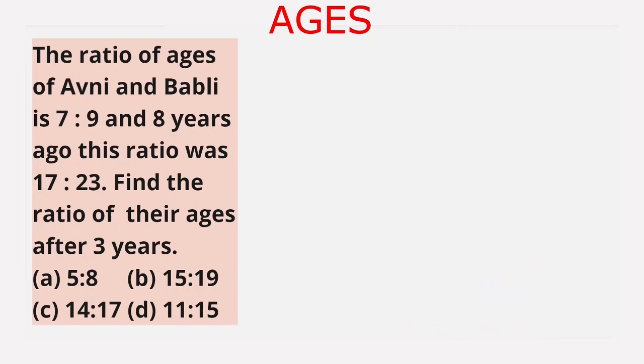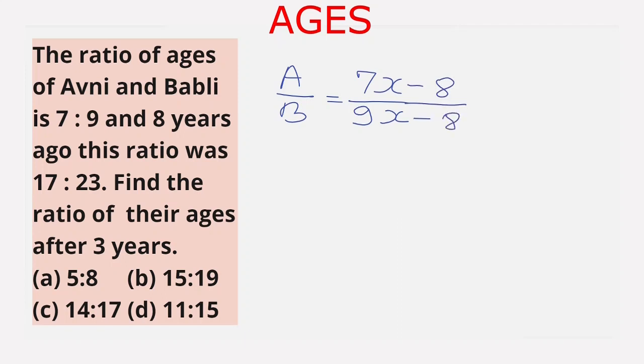It is given that the ratio of ages of Avani and Bubbly is 7:9. So we write Avani ratio Bubbly, that is A for Avani and B for Bubbly. So this is 7:9, so it is 7x upon 9x. And 8 years ago, this ratio was 17:23. So I subtract 8 from both the ages. So I write 7x minus 8 upon 9x minus 8. And this is equal to